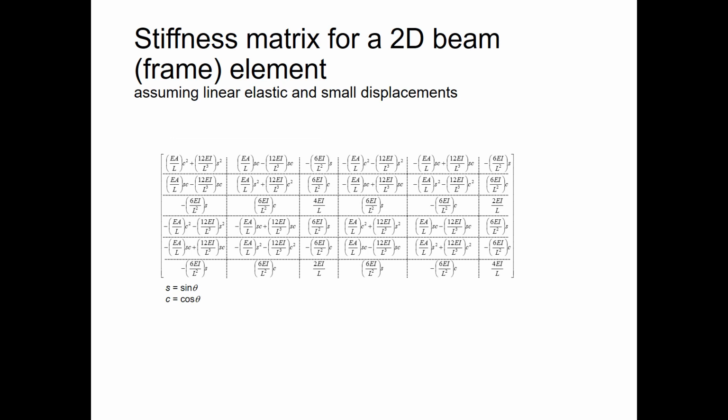So to model this problem, we've probably seen formulations for both truss elements and beam elements. And a frame is basically the combination of the two. And so when you look at the stiffness matrix for a frame element, which could be oriented at some angle theta, then we have terms associated with axial deformation, which is where these EA over L's come from. And then we have terms also associated with bending. And these terms are multiplied by sines and cosines of that angle theta, just depending on how the beam